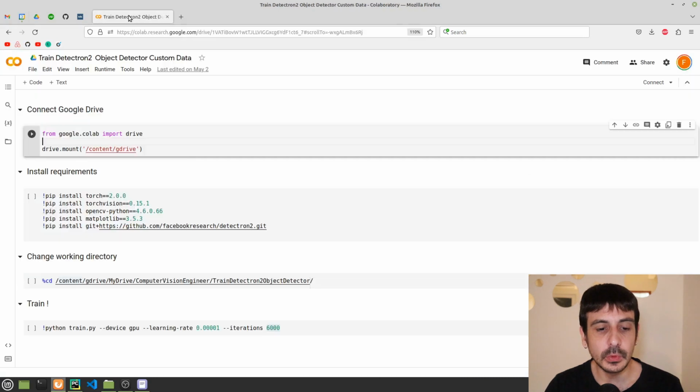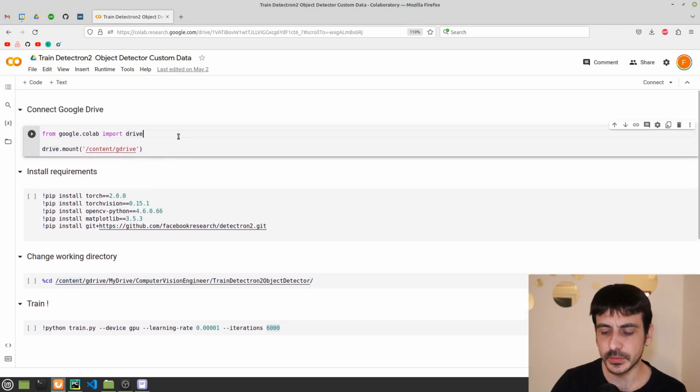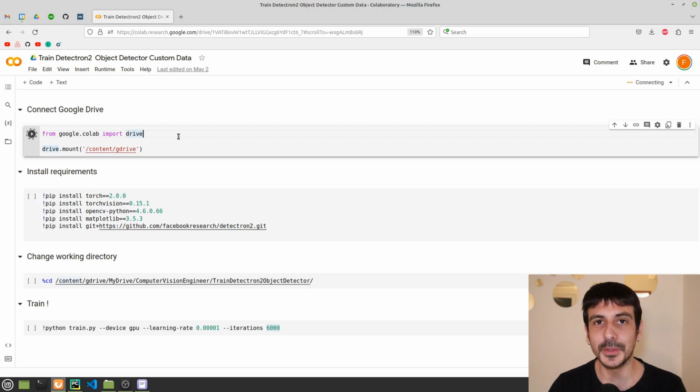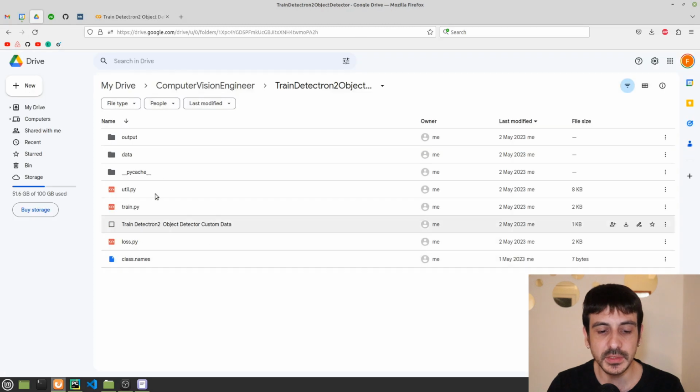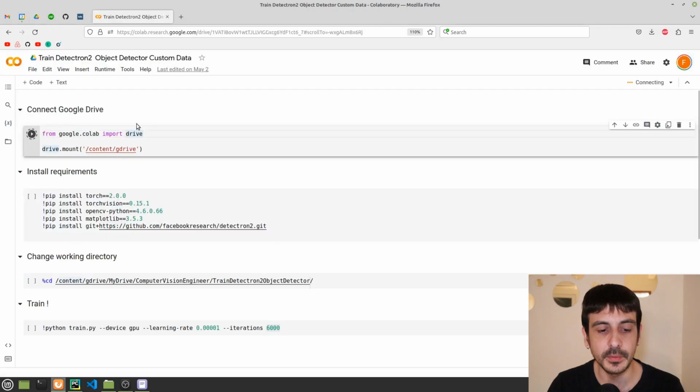And now let's move to this Google Colab, this Jupyter Notebook, and I'm going to tell you exactly how you can train this model from here. This is a very straightforward process. The only thing you need to do is to execute each one of these cells. The first step is to connect your Google Colab with Google Drive.